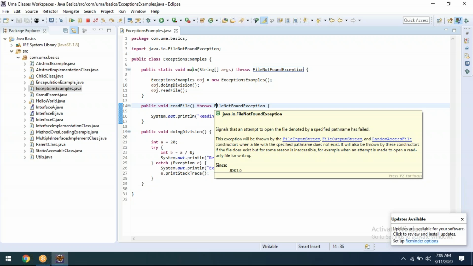Now, we'll go for the collection framework. What do you mean by collection framework? Before that, what do you mean by framework? Whenever we have a framework, not only in terms of Selenium or Java, whether it's predefined or user defined, what do you mean by framework?